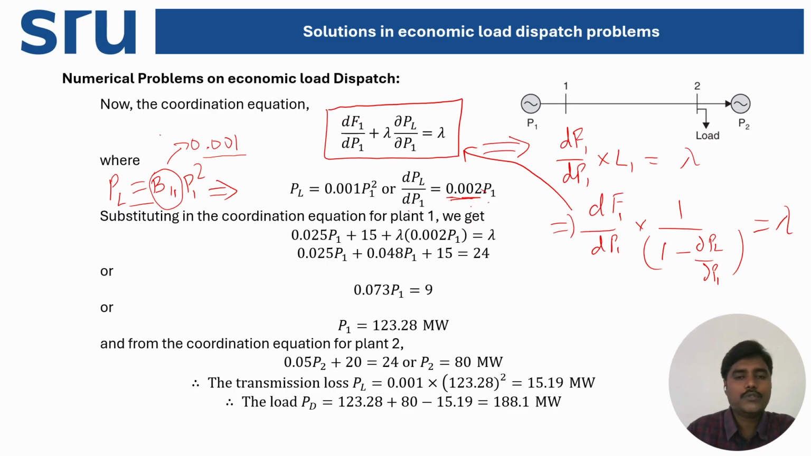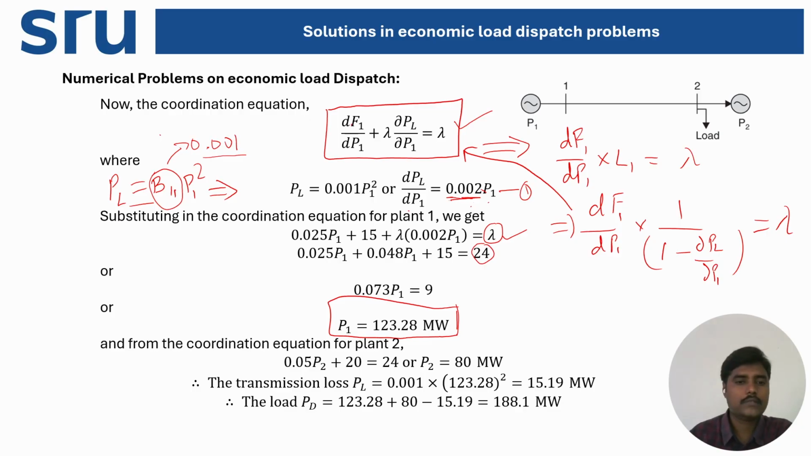Now substitute this equation and also the dF1 by dP1 equation, which is given in the problem statement, in this coordination equation, and then you will get this equation. If you simplify this, the lambda value is also given in the problem statement as 24 rupees per megawatt hour. Once we substitute all the values here, you can solve for P1. So you will get P1 as